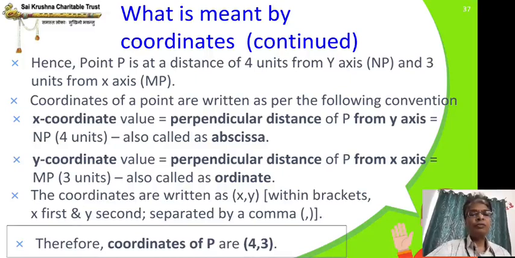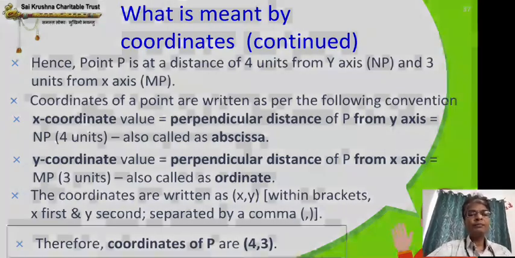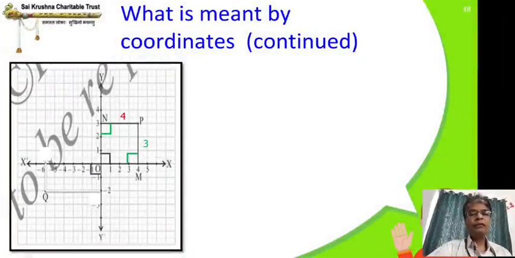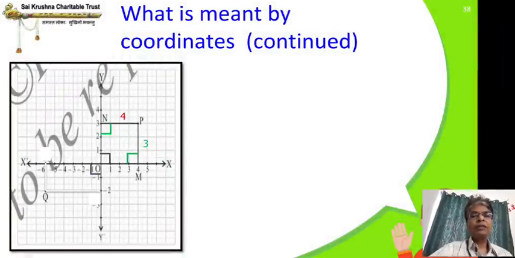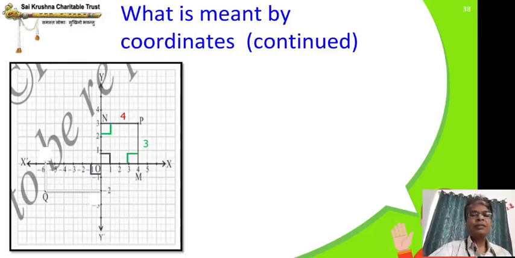Suppose if we take our office room as origin, we will see a practical example also. Then we will see how far it is from there. We will be able to understand from these coordinates. We will also do one more coordinate in the next page. We will be able to understand even further. Now you see 4 comma 3, you are able to understand 4 is from y-axis, 3 is from x-axis. So basically what it says, 3 from the origin in the y-axis direction and 4 from the origin in the x-axis direction. That's why it says 4 comma 3. But when we see further practical examples, we will be able to understand better. But this is how we will be able to identify the coordinates, and this is what is meant by coordinate.